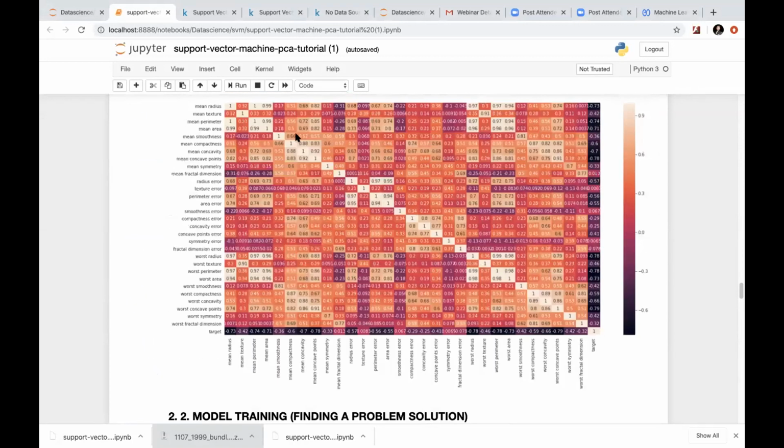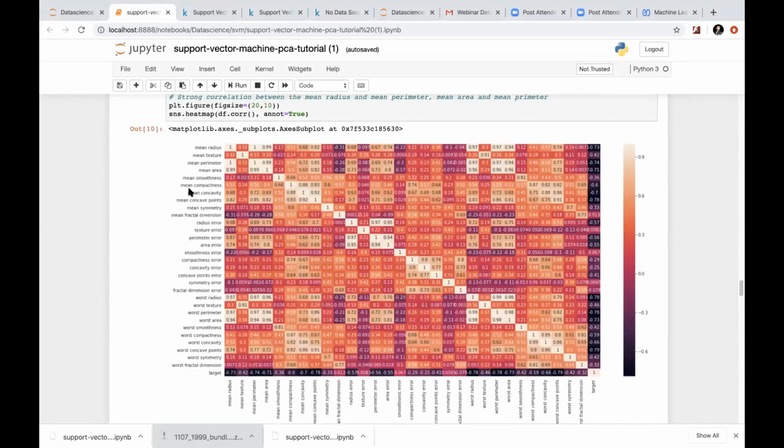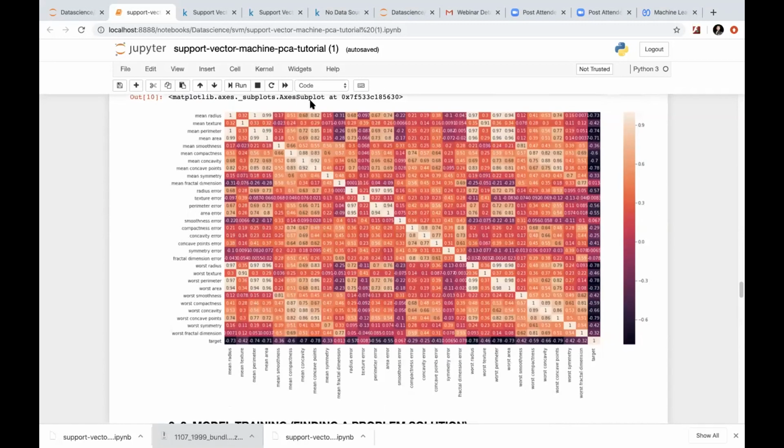So are you able to understand this correlation heat map? What I meant by this correlation heat map is, in the beginning, in the first go, you must draw it. So if you are getting any data set, this should be your primary thing to draw a correlation heat map so that you are able to understand what features are impacting your target. This can be with respect to a classification problem or even a regression problem.